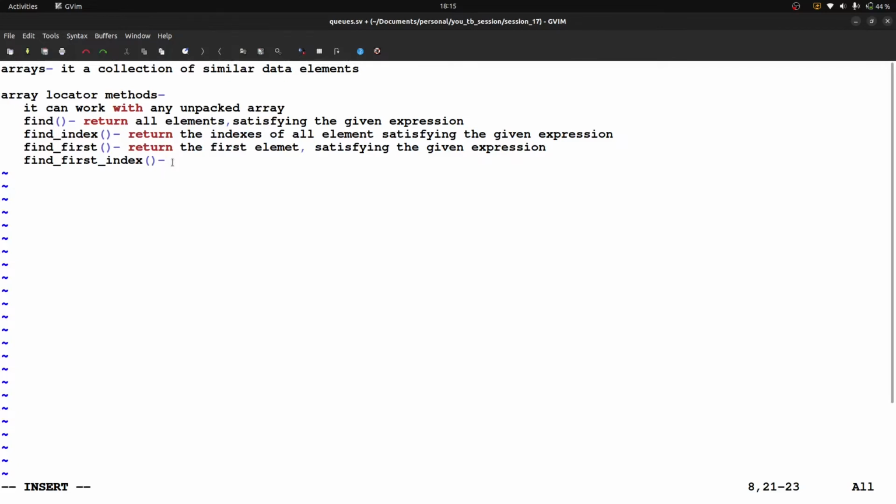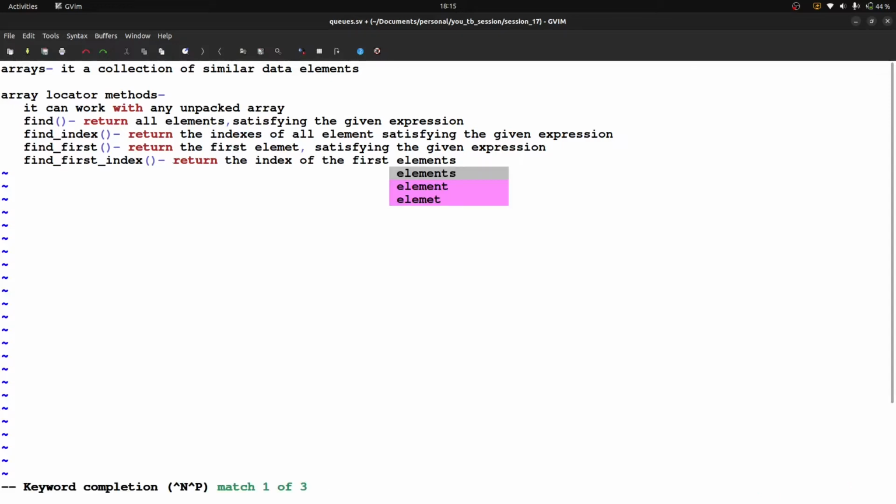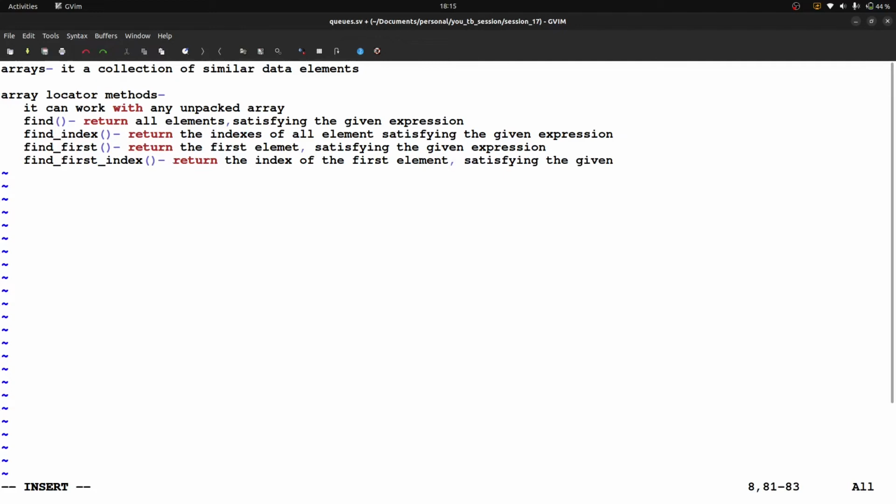It returns the index of the first element satisfying the given expression. Okay, next one is find last.